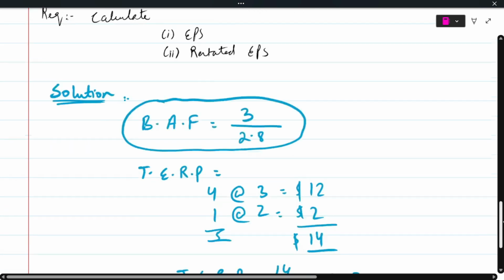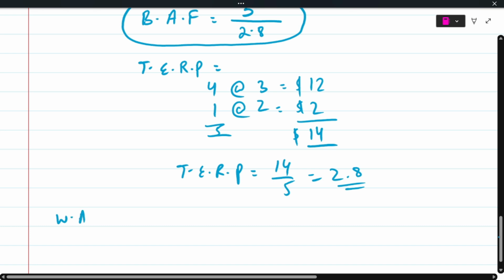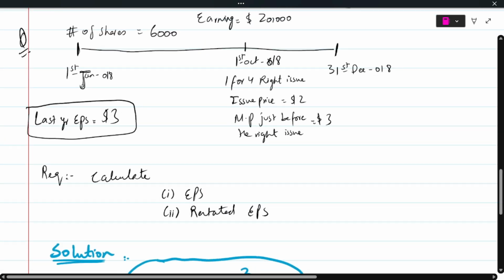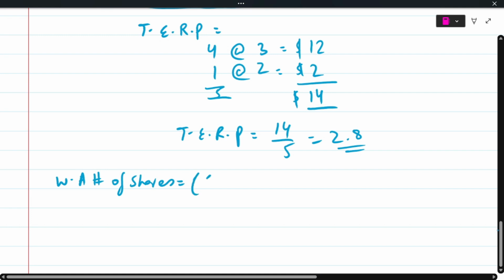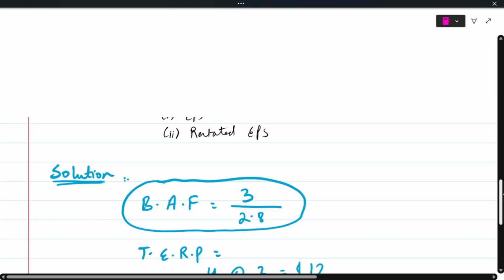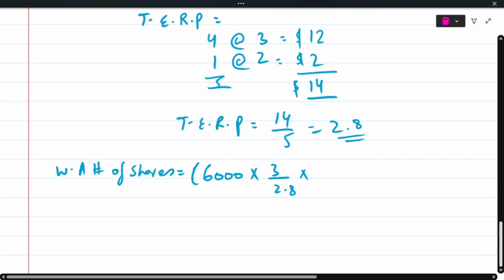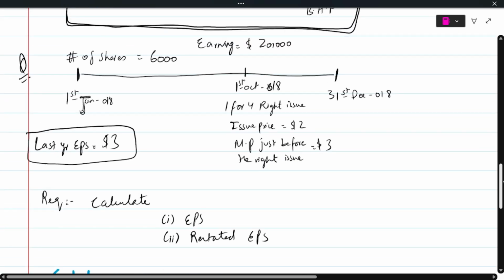After calculating the bonus adjustment factor, I'm going to move forward to calculating my weighted average number of shares. The way that I calculate it is that I look at the shares at the start of the year, which are 6,000. I multiply this with my bonus adjustment factor, which is 3 over 2.8, and then with the number of months. From 1st Jan to 1st October, these are 9 months, right? So 9 over 12. So 6,000 into 3 over 2.8 into 9 over 12, plus